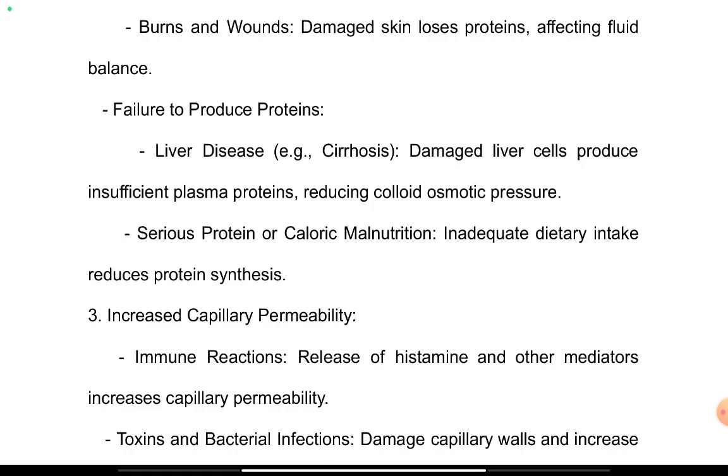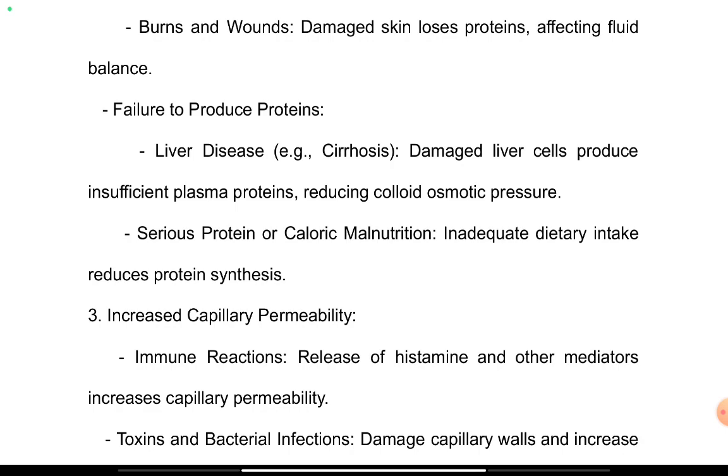So in this kind of instance, those children are malnourished. They are not eating protein. And this can occur in people that eat only carbohydrate without protein. The protein that you are eating is the one that is being used to synthesize the protein that you need in your body. Are you getting it? So when you are not ingesting enough protein, an example of proteinous food is milk, egg,